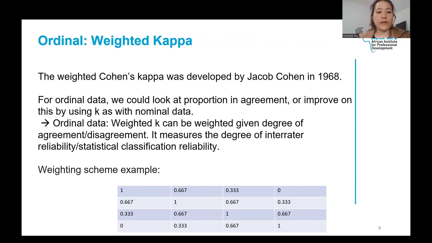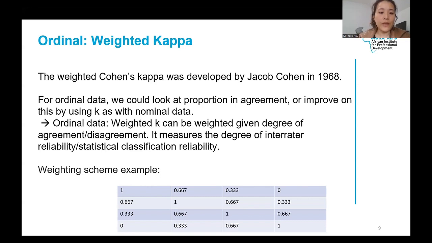So when the ordinal scale variable is for disease activity, for instance, with levels none, moderate and severe, weighted kappa would not say rating none and severe is as bad as having them say none and